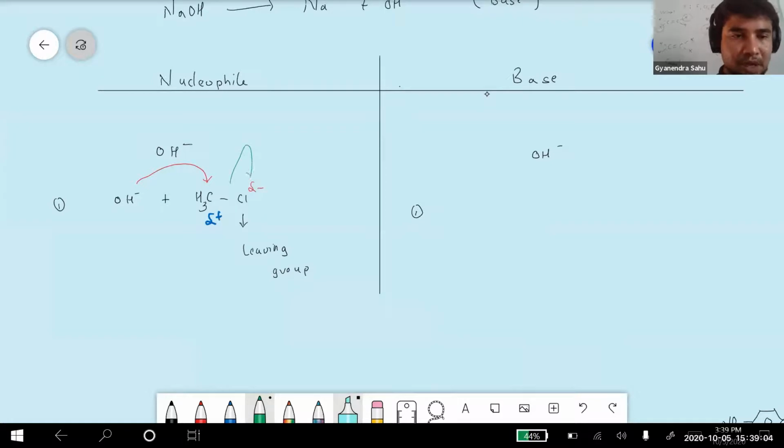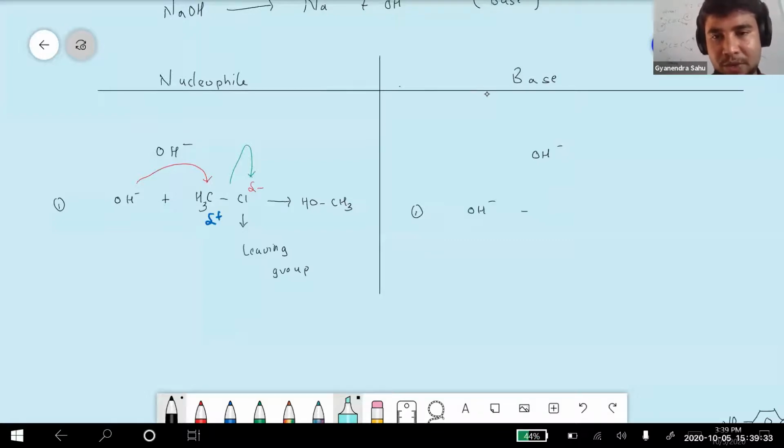And you get the product that is expected to be formed by the activity of a nucleophile. So what we will be getting is CH3OH, and this is the product that you get when you see a reaction shown by a nucleophile. On the other hand,